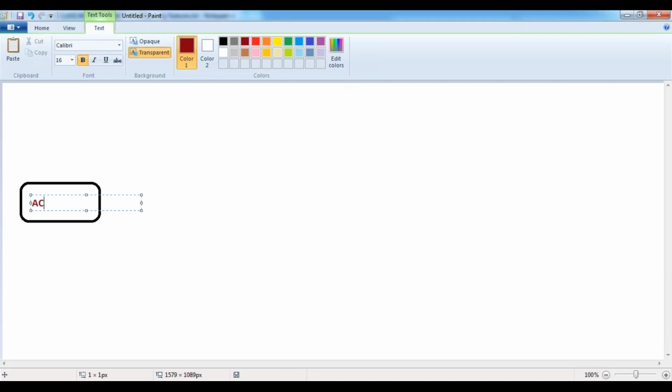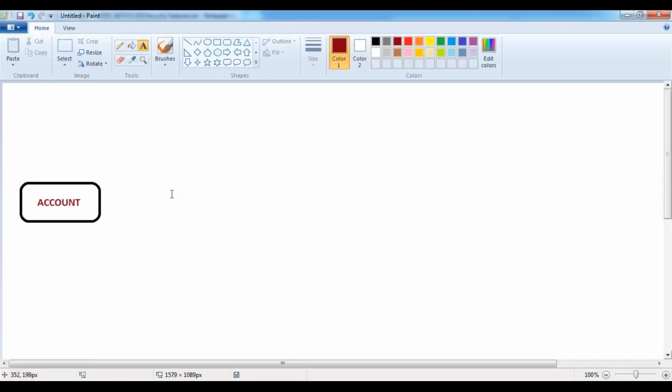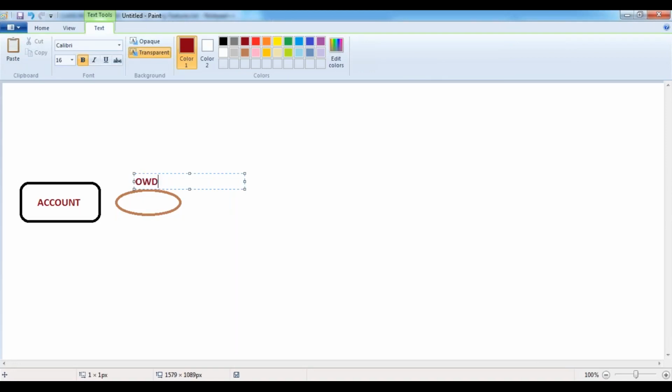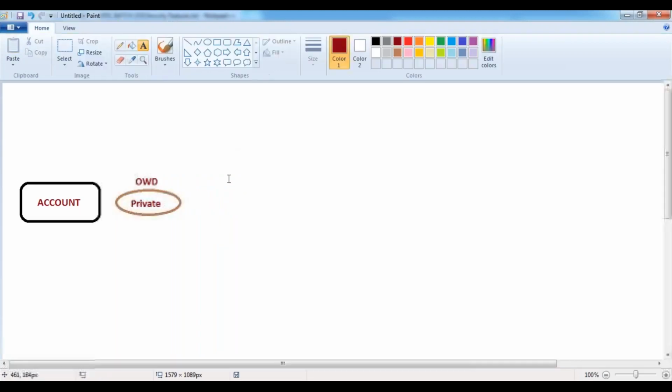This is my account object. For this account object, I have given the object's OWD as private.